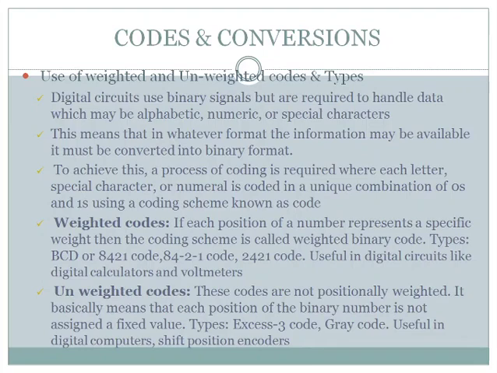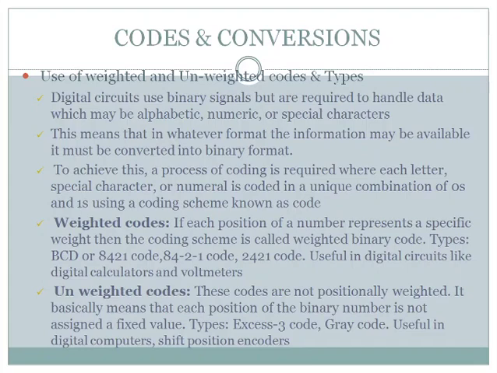It may contain a number of positions, and in various positions you may find either a 1 or 0, because all these are binary codes. In a particular code, if each position of a number represents a specific weight,